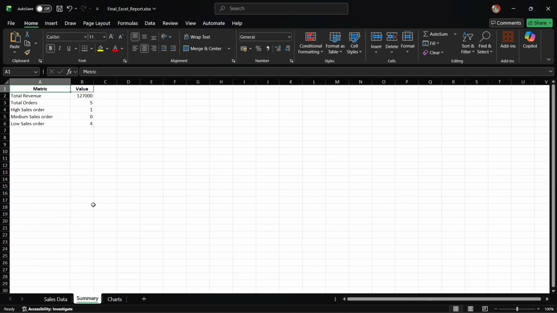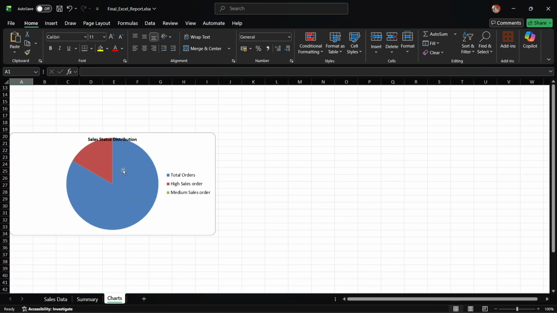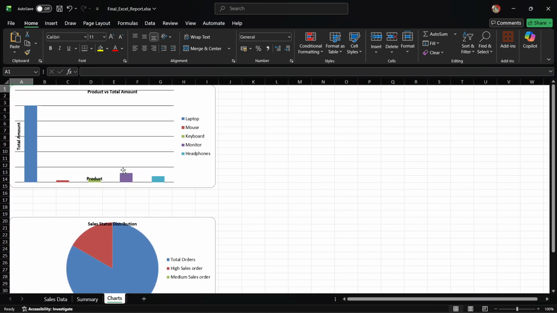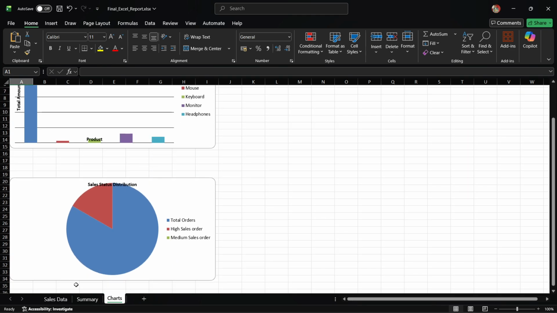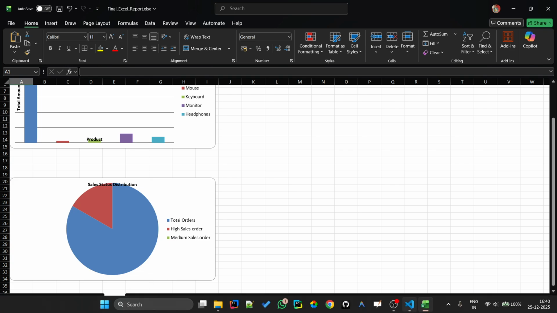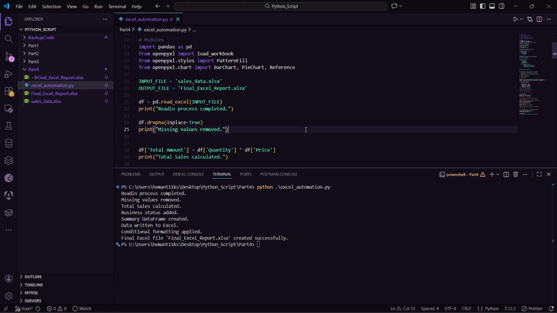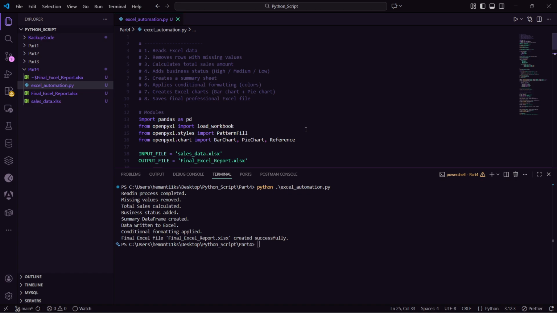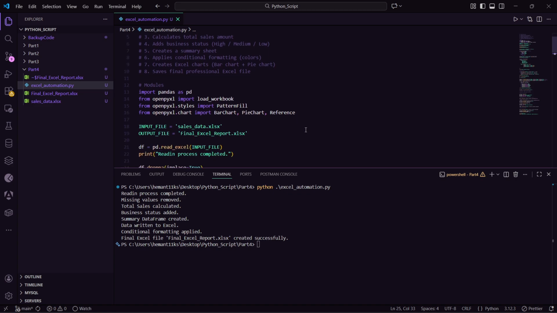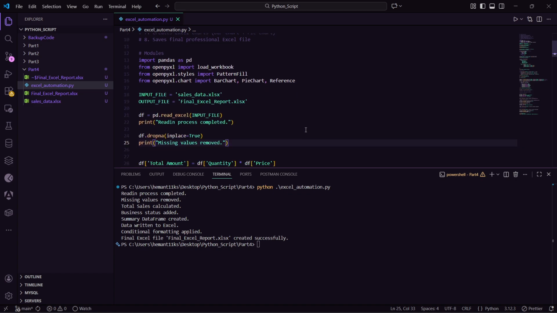And the last one is our chart. As you can see, we are creating this chart in seconds: product versus total amount, and our pie chart is sales distribution. So as you can see, through Python, in minutes we can get our required data and create our required data sets. And from data sets we can create the visual representation